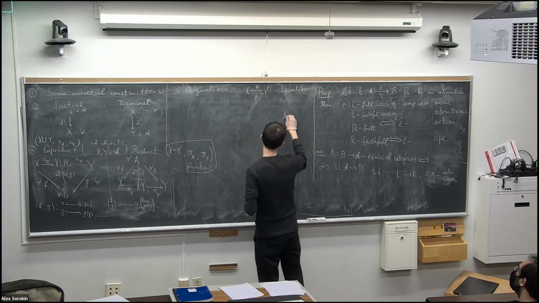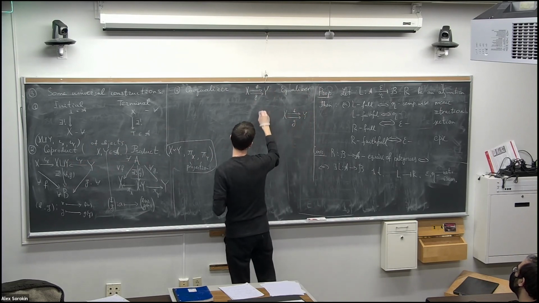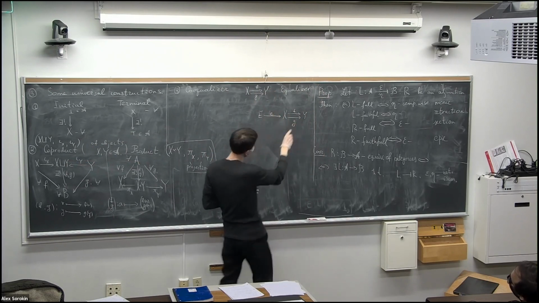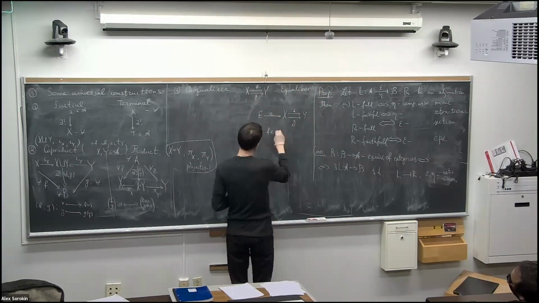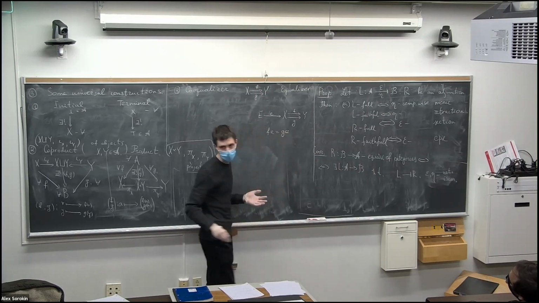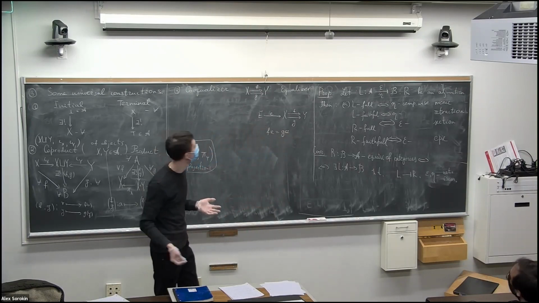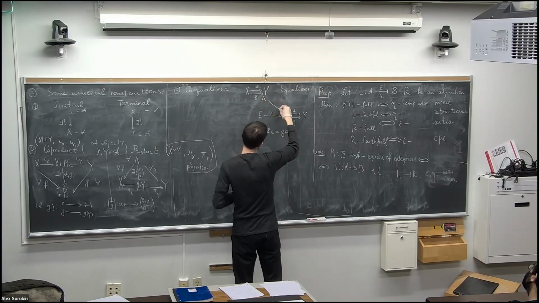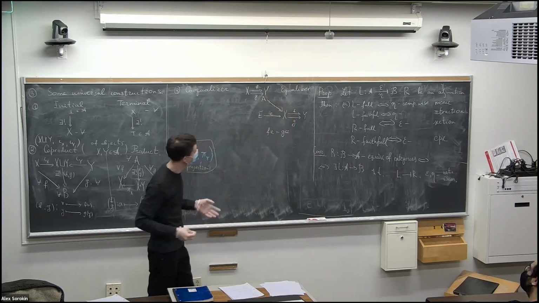You are taking an object E and a map E such that F equals G. It's an equalizer if, whenever I take here A with the same property,